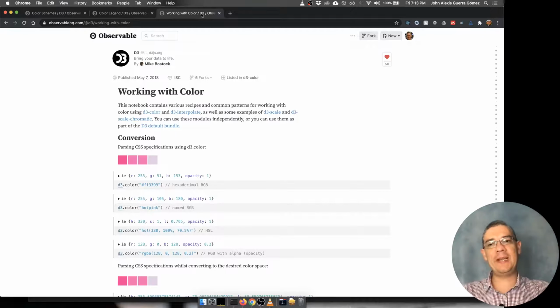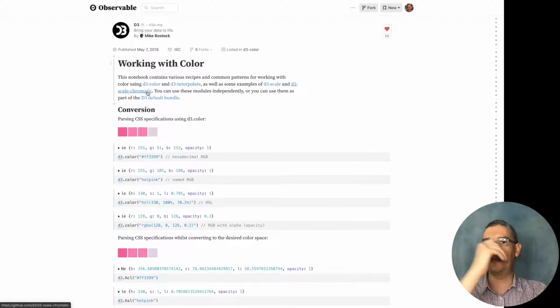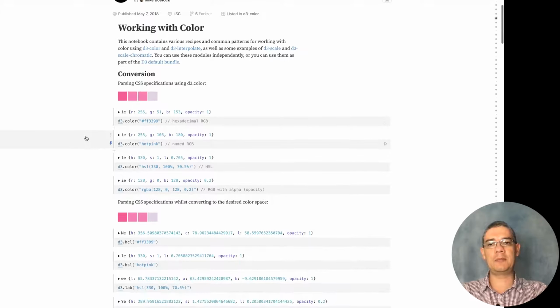Hello, so let's talk a little bit about color on D3. For that, there is a package that you have seen me using a lot, called D3 Scale Chromatic. It's part of the bundle on D3 version 6. You can incorporate it separately or as part of the bundle. And as you have seen in many of the examples I have shown you, it contains three types of color